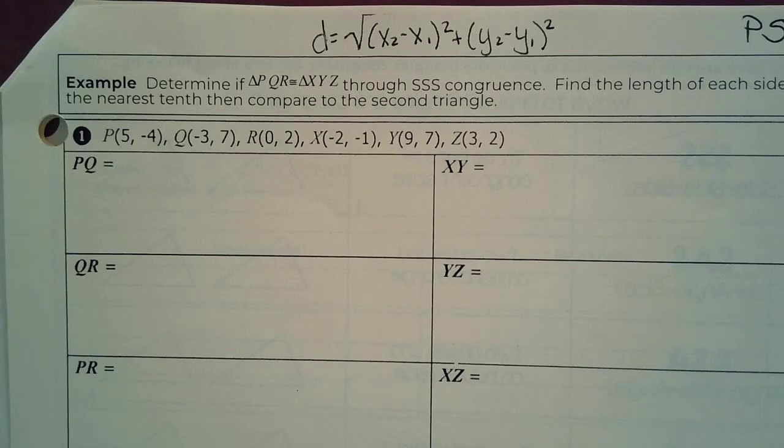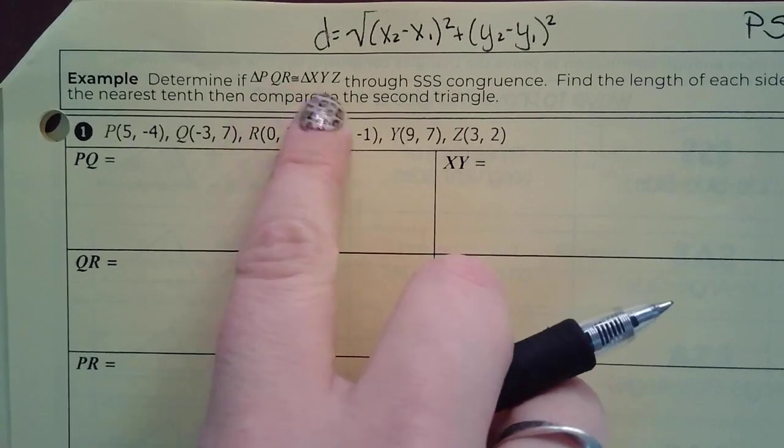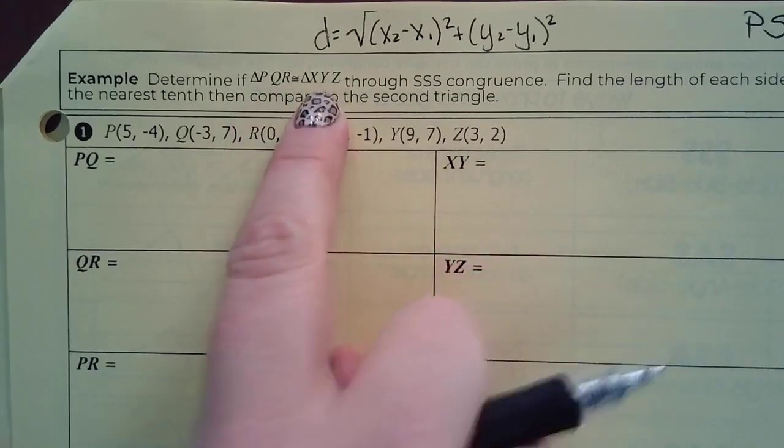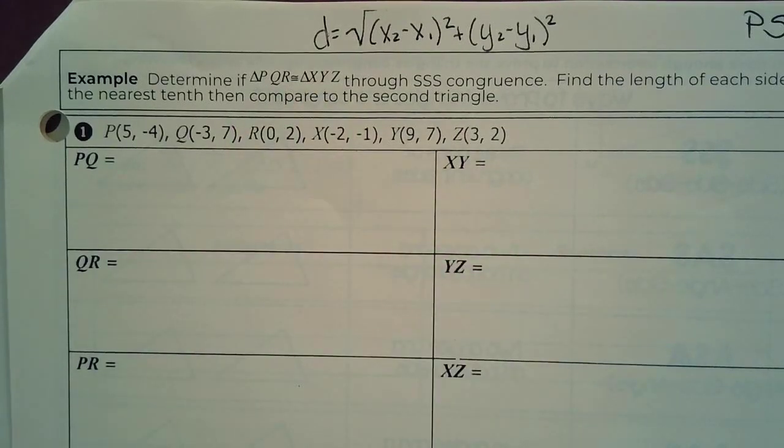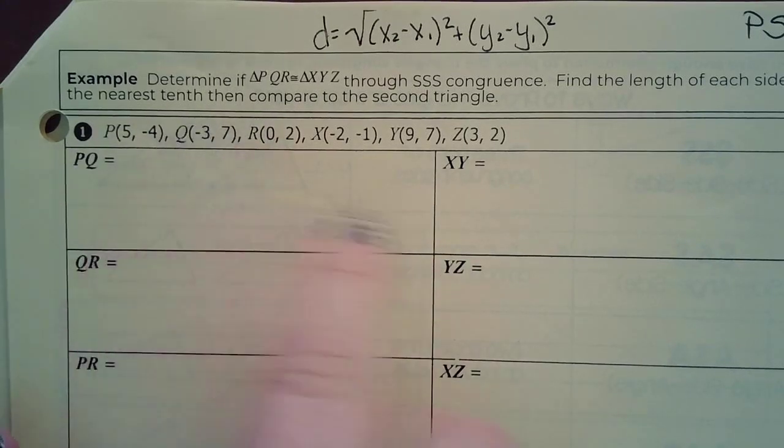Okay, so for these questions, we need to figure out if this triangle PQR is congruent to XYZ. So remember back to day one notes, we were able to classify triangles by their sides, by finding the distance of each leg of the triangle, and then we said if all three of those were the same, it was equilateral. If two of them were the same, isosceles. If all three were different,